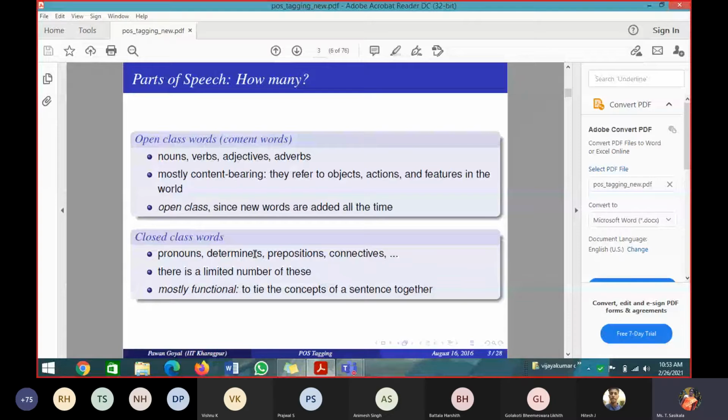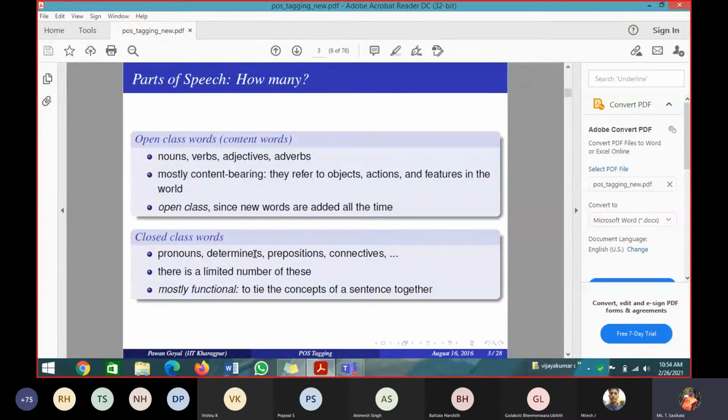Yes or no? The boy ran with a key. The boy: so the is a closed class word, a determiner. If I take determiner, these are all the words that come under determiner. But if you take a noun, we cannot say that these are the words which come under noun. If I take preposition, these are all the words that come under preposition. It is fixed. But in open class words, we cannot say that these are all the words, it is fixed. It will keep on adding. That's why the name is open class words.